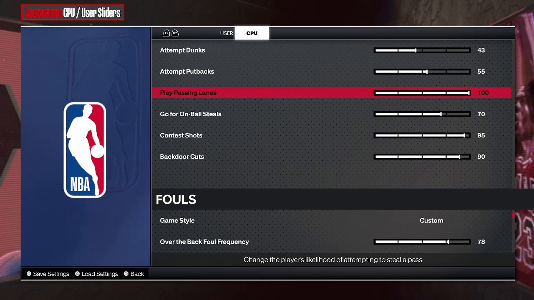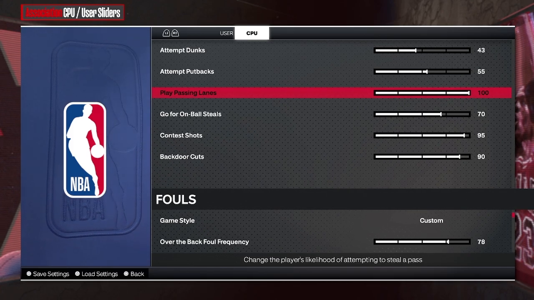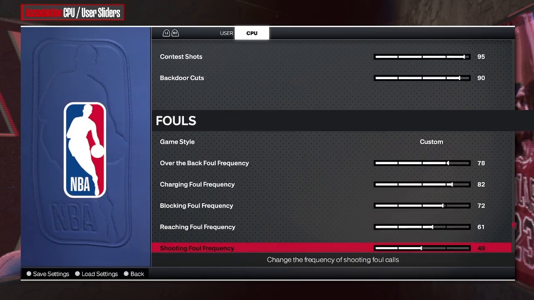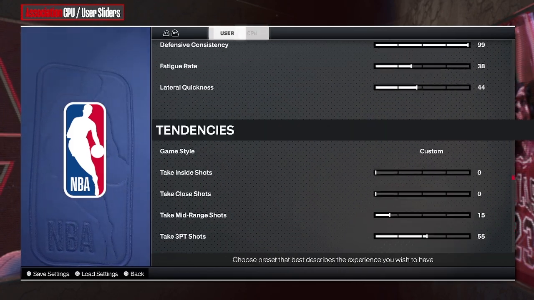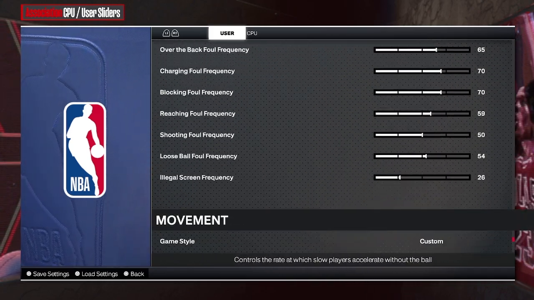It makes it more suffocating. You have to be more strategic with your passing. You have to be a lot smarter when throwing passes. Fouls is another thing. For user, you need to turn that shooting foul down a lot for these pop boy